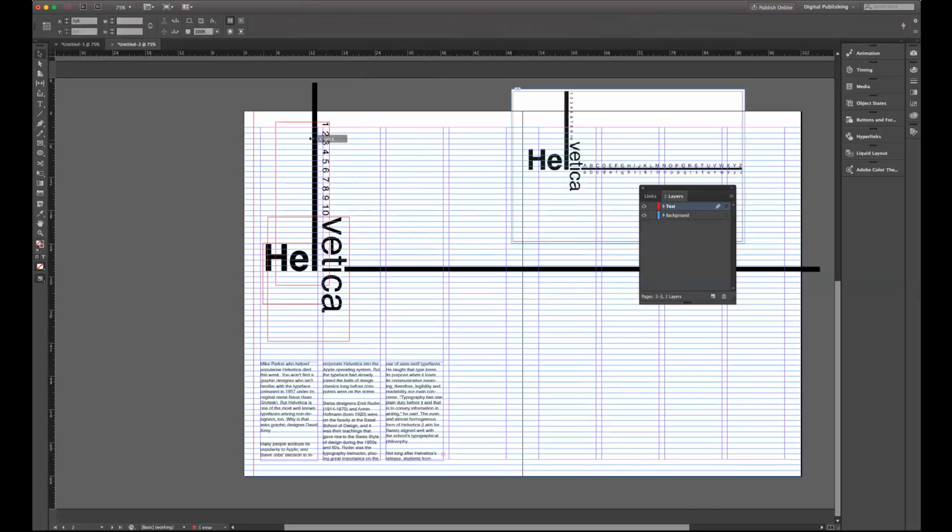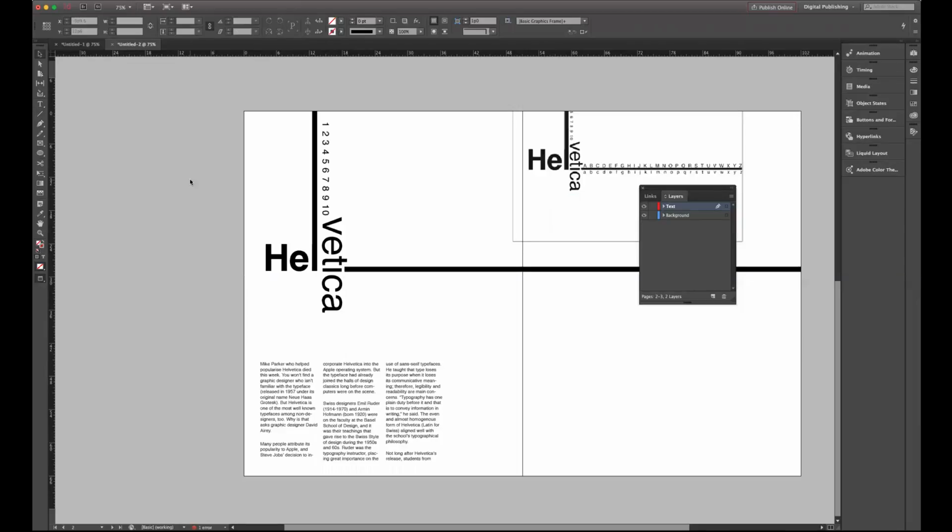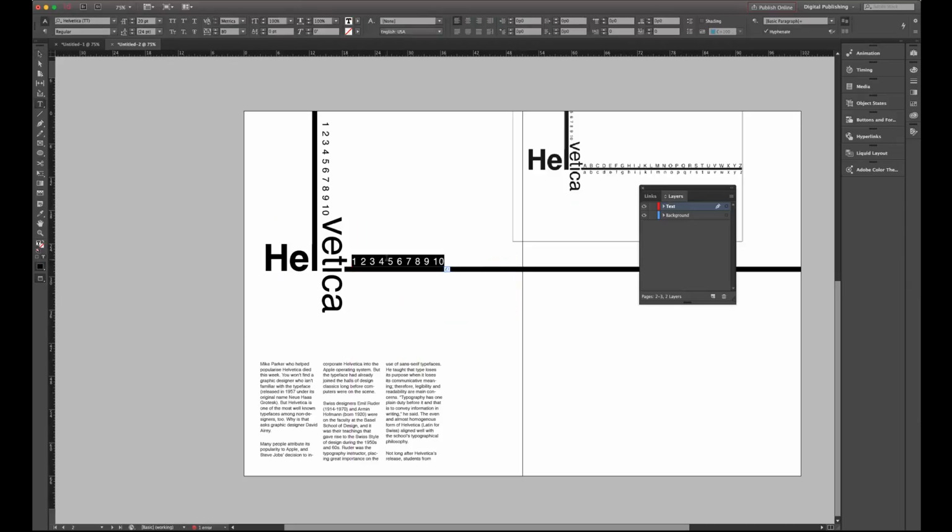Turn on your rulers and guides so that you can make sure that the baseline of the V and the numbers all line up. There we go. And then you can do the rest of your characters.